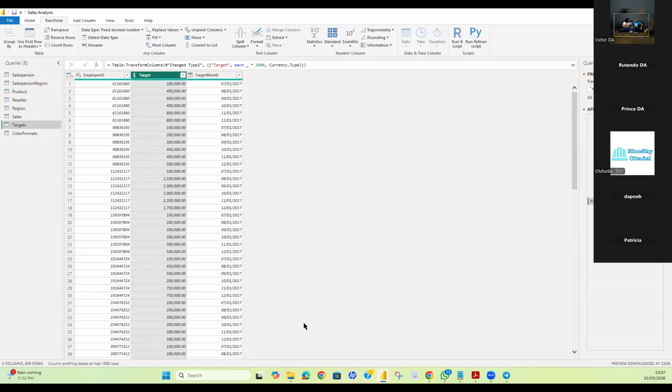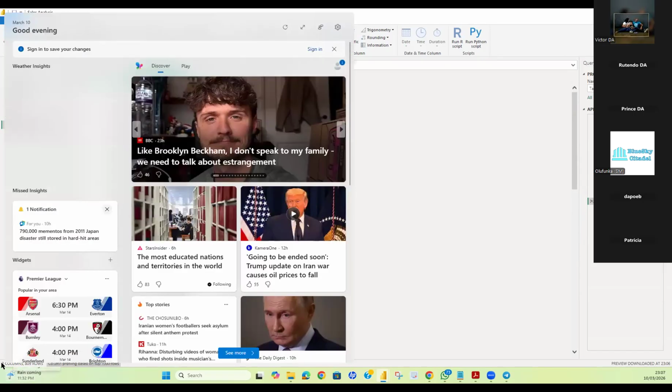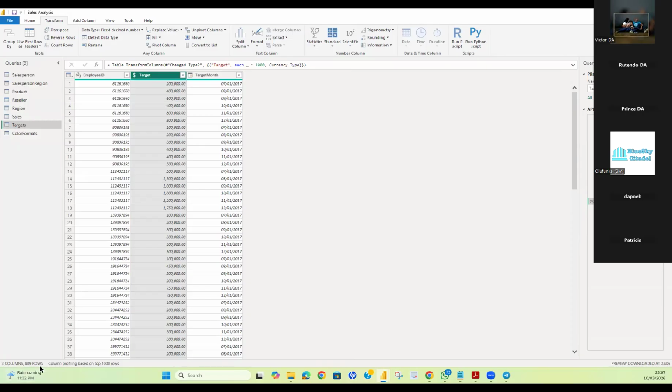Great. Thank you. So finally, look at your status bar. You will see how many columns? 3. How many rows? 809. So if yours is different from mine, then something is wrong. Okay, good. Now finally, on the configuration,